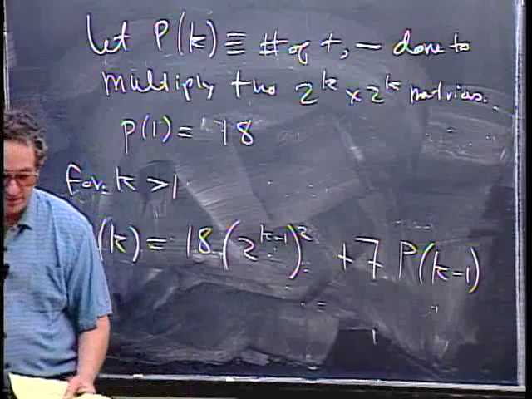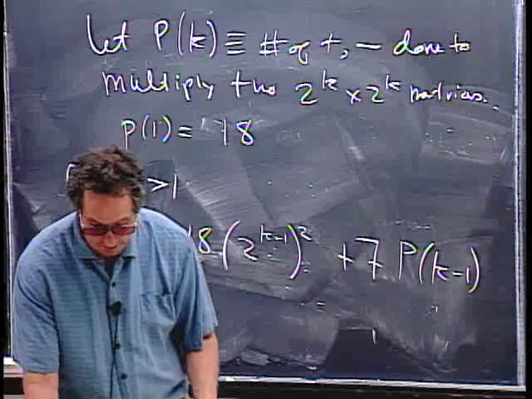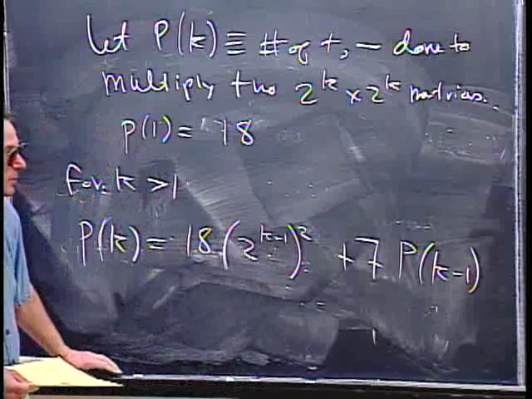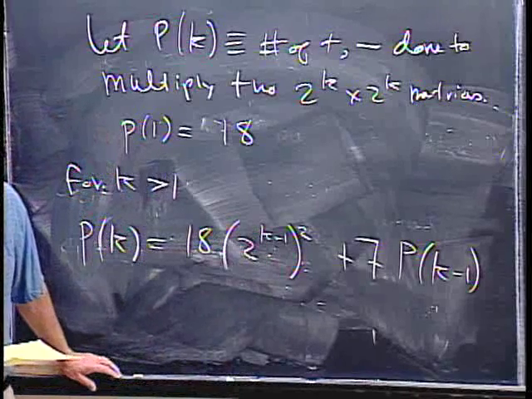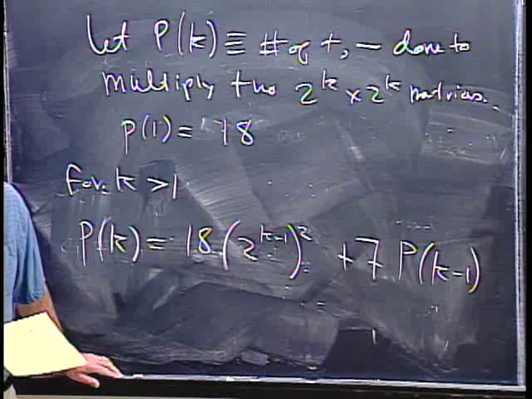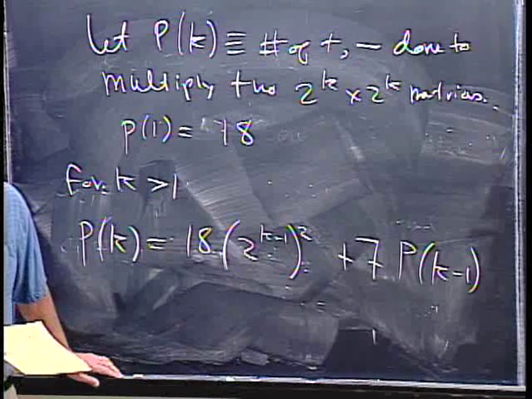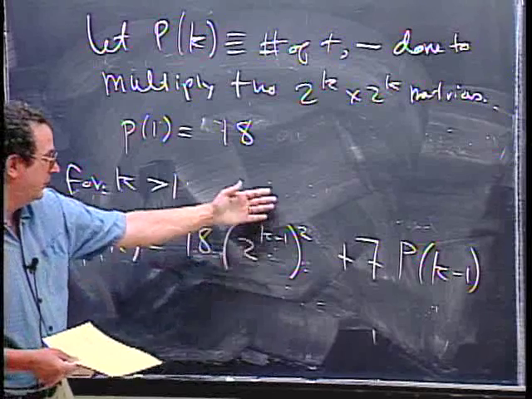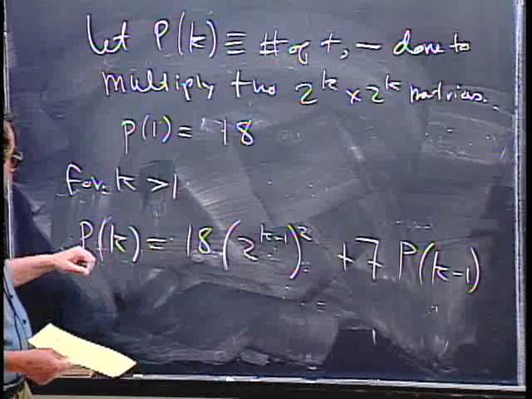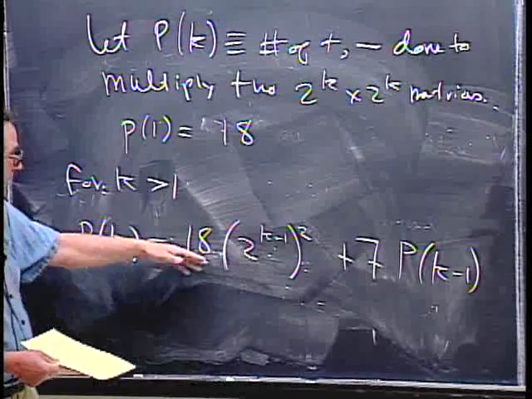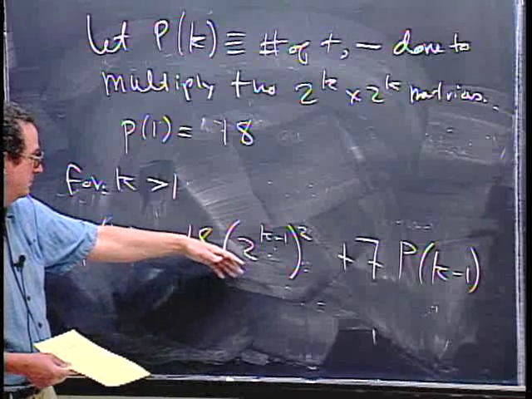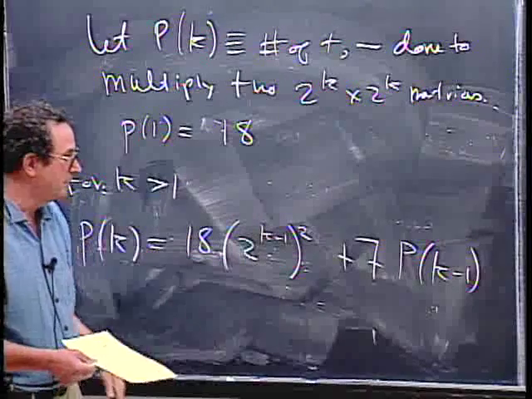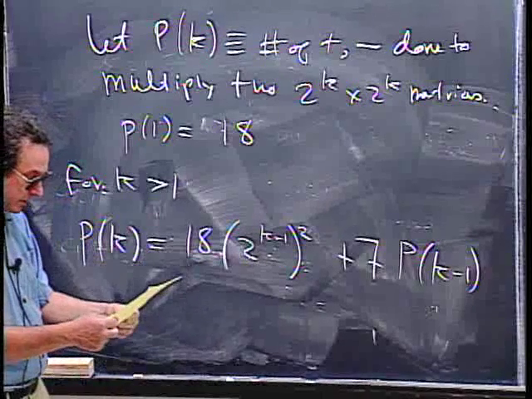I got myself painted in a little bit of a corner here by using these k's. I'm not really sure why I ended up using k's, just because I wrote them out in my notes this way. I could have probably just used n all the way through, and then instead of 2 to the k minus 1, it would have been n over 2. This would have been P of n, 18 n over 2, etc. But I did it in k's, and